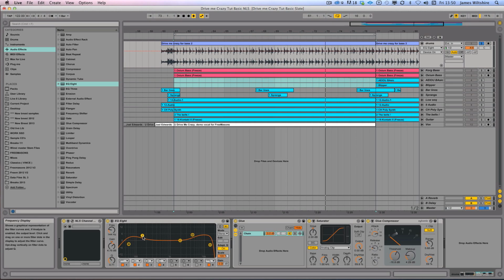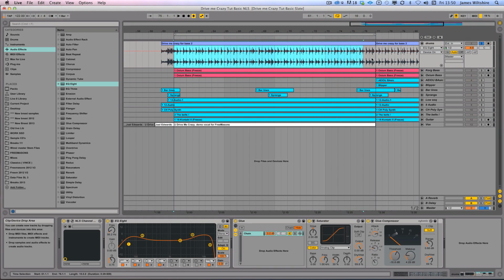And as I said before in the previous tutorial, the relationship between the bands and these low pass and high pass filters is one of the most important things you can get your head around in EQ, because our ears do roll off naturally, and especially down on the bottom end here, there is so much sub floating around in digital systems, especially seeing as instruments like the virtual synths are creating almost theoretical frequencies that don't exist in hardware equipment. It's very important to get your head around these roll-offs